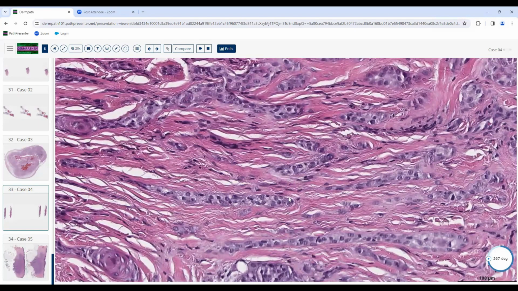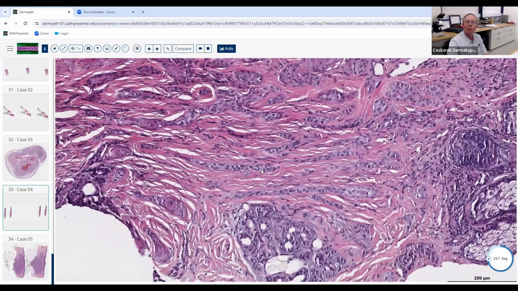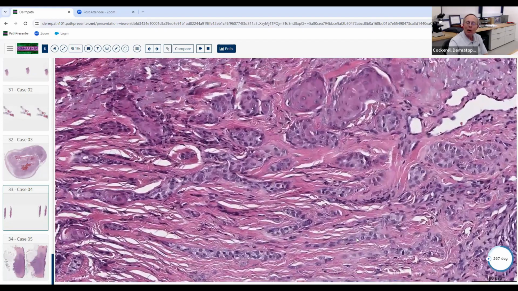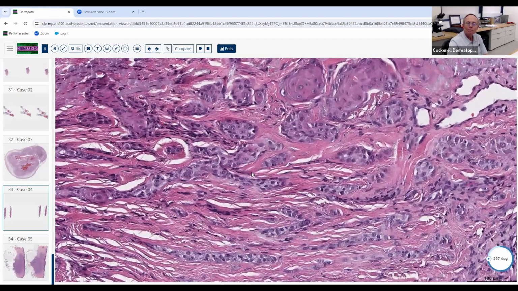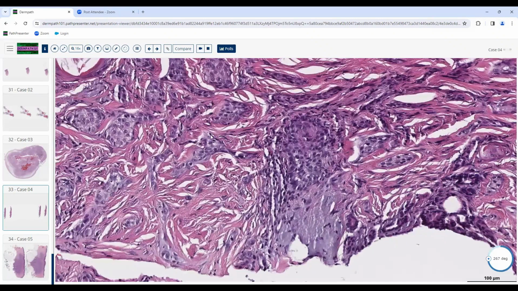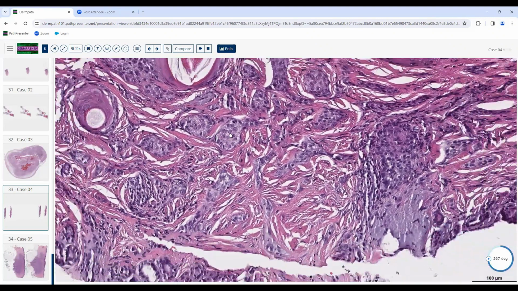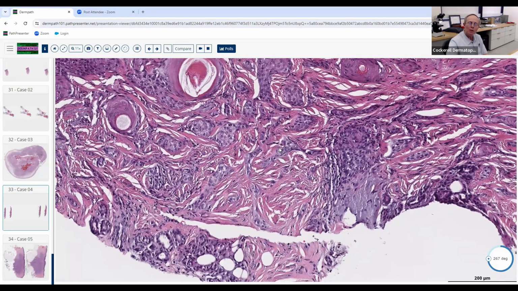So what's the pattern of this tumor here that we're looking at? It looks like the strands that you were talking about. Yeah, good. There's cords and strands of these cells, and we refer to that as a sclerosing epithelial neoplasm